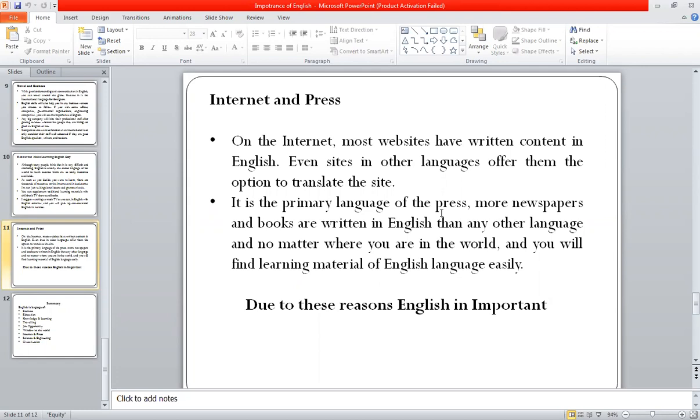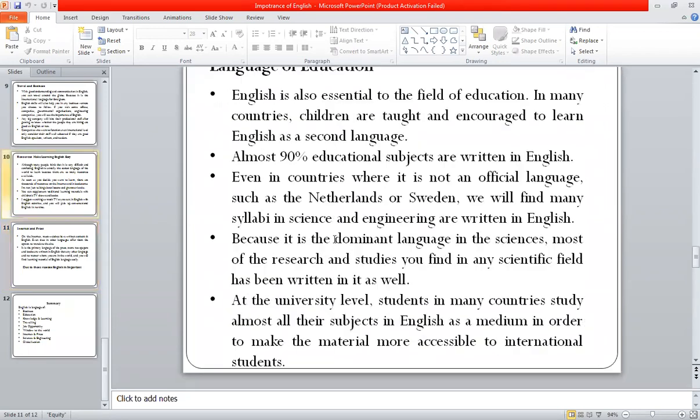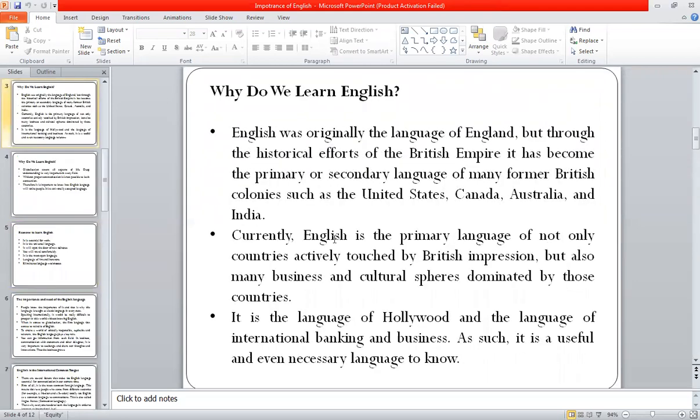You will have to just go to the store, or go to the internet or websites that are providing that material. So due to these reasons English is important. So this is the final point. Due to some of these reasons,